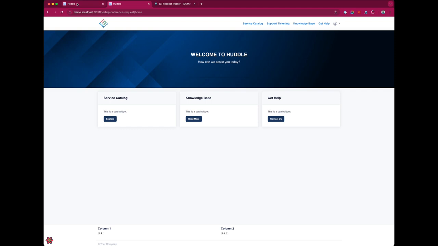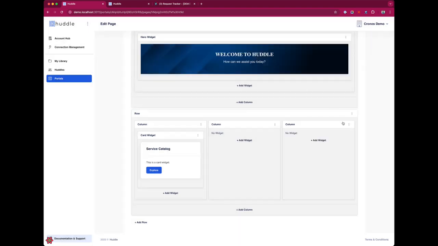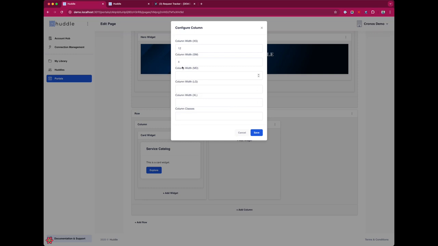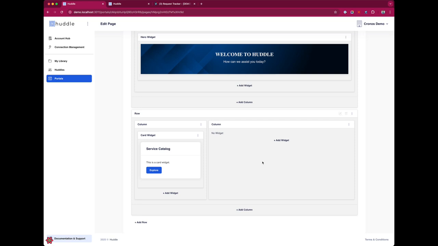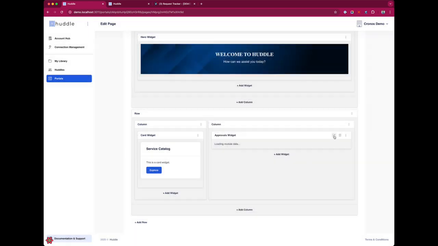I'm not going to spend too much time styling because I'm approaching my time limit here, but I do want to show everybody this approval widget. So let's put the hat on of, maybe it was Linda that managed the conference room request, right? She's got to get it ready. So I'm going to go ahead and select a new type of widget. We have one called approvals. And an approval widget is a